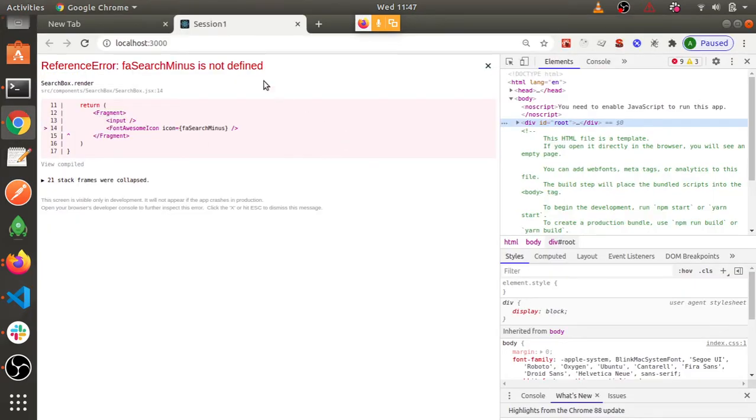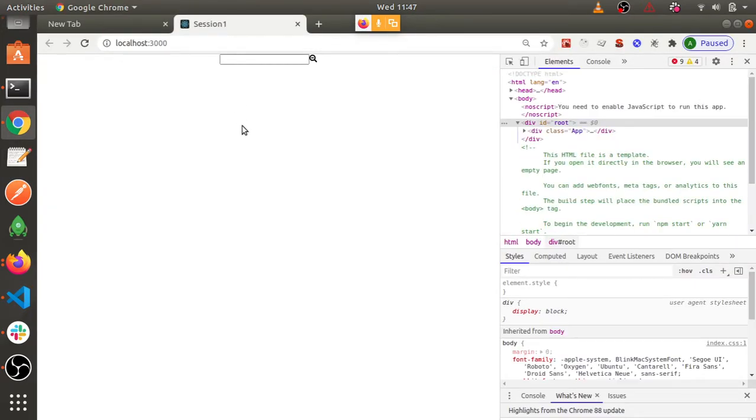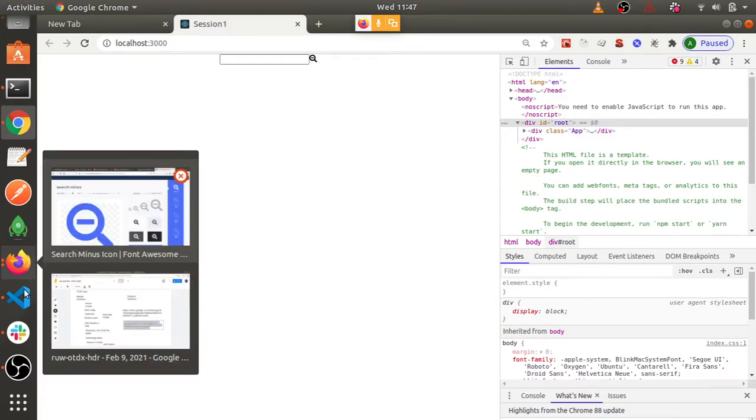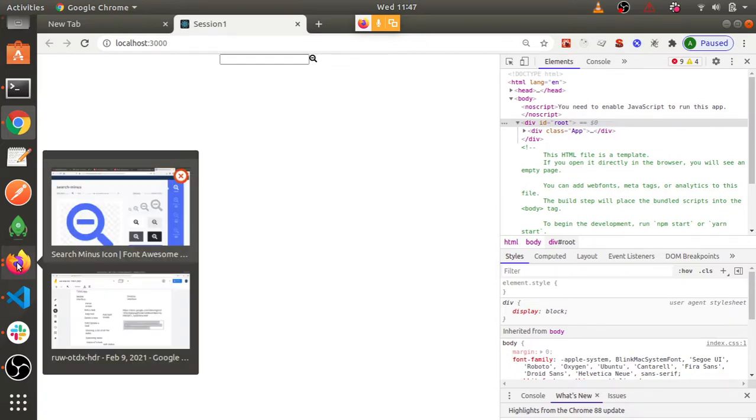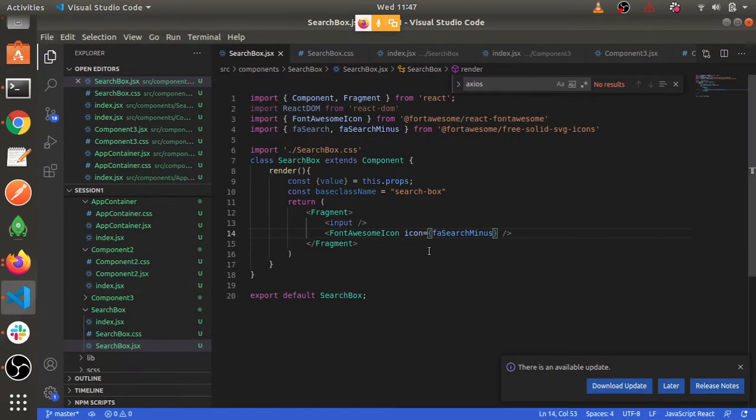Minus. Okay, so the hyphens get replaced with camel case. Yes. So snake case basically gets converted into camel case. If you read the React documentation, it is clearly said that we prefer camel case in all scenarios.